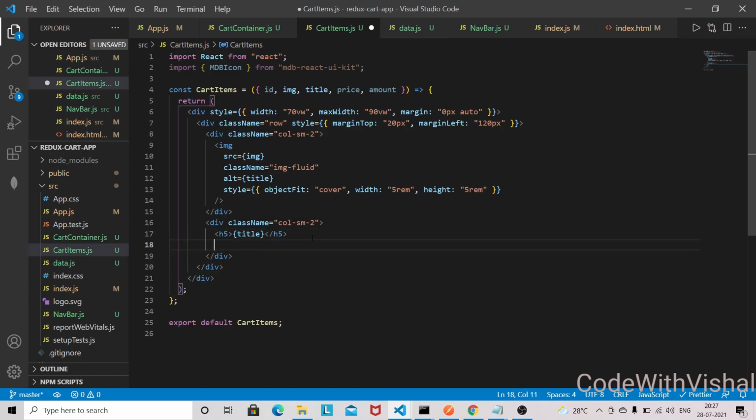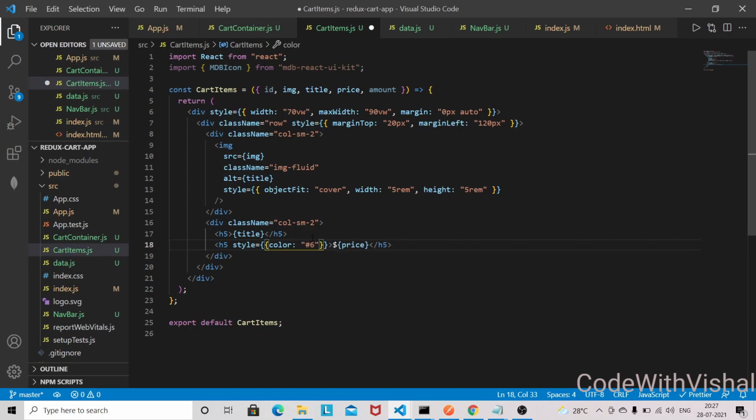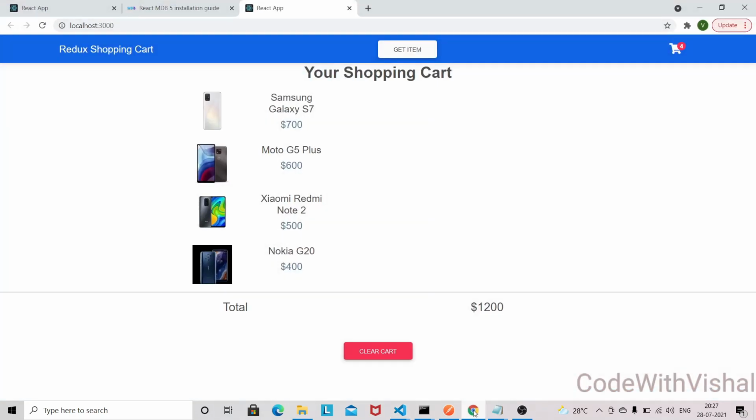So it will also be in an h5 tag with the price, and I am giving some special color here. So style, and the color will be 617D98. So let's go into the browser, and we are also able to display that price for each product item.